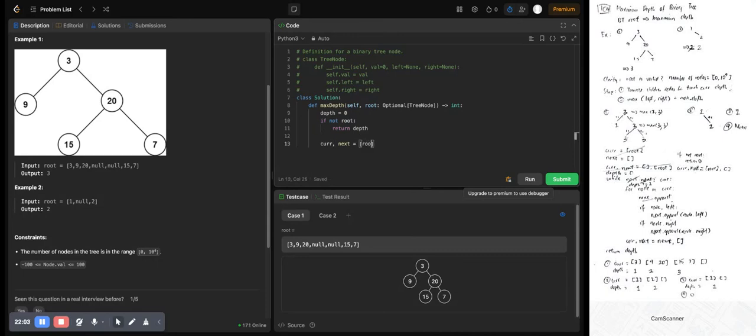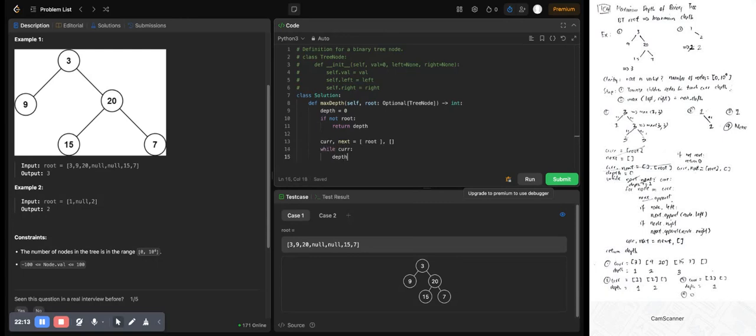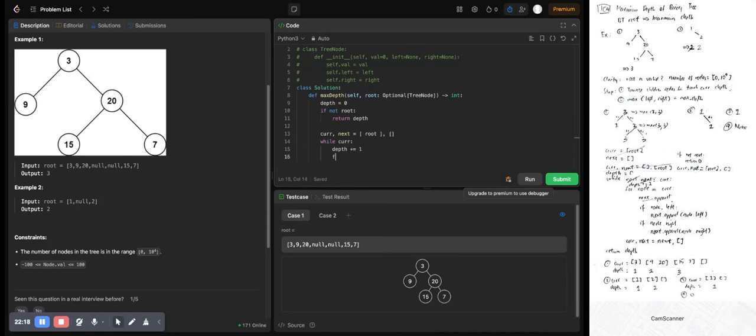Cur is initialized to root. Then next would be empty. So while cur, depth plus equals 1, then for node in cur,